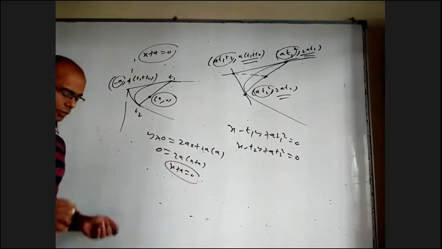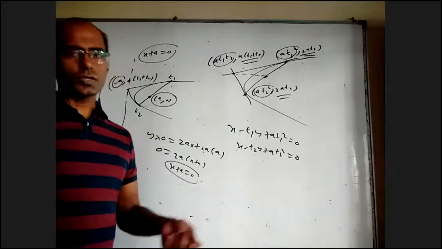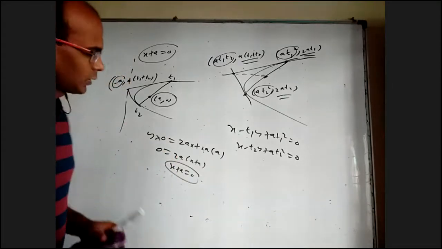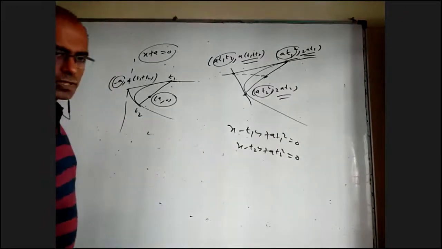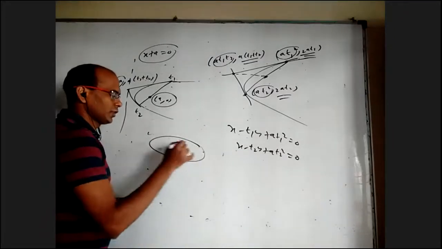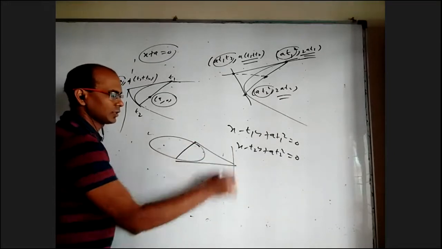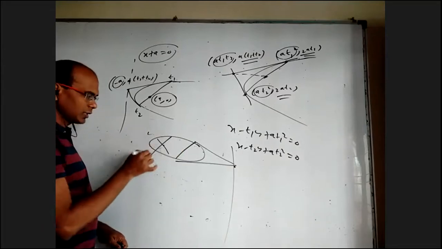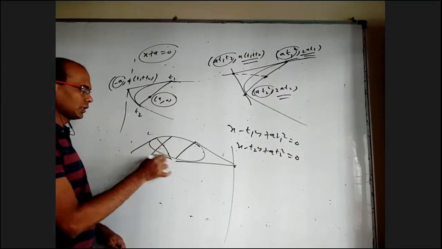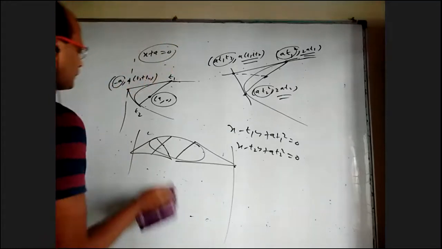For that matter, you take parabola or ellipse or hyperbola, take the focus. When you do S1 equal to 0, definitely you'll get the directrix. So for every focus, the polar is the directrix. So even in the ellipse chapter, if you have a focus, take any chord through that, at the ends you draw tangents, that point will lie on the directrix. If you take any focal chord here and at the ends you draw tangents, they lie on that corresponding directrix. In hyperbola also same.